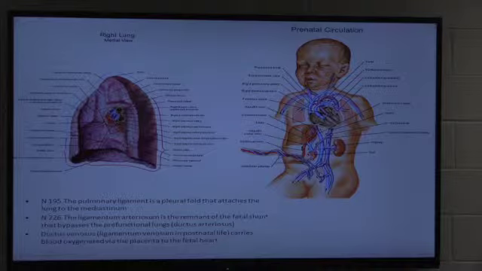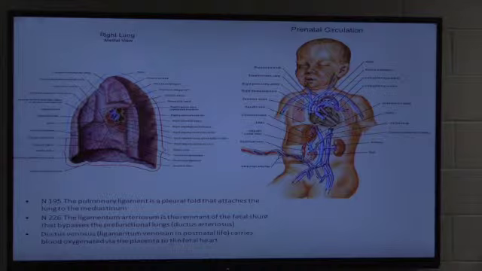Umbilical arteries come from the iliacs. Specifically, if you really want to know, they're the anterior division of the internal iliac arteries, okay? So it has deoxygenated systemic blood from the fetus going to the placenta. So automatically see that circulation is a lot different than the adult. Two umbilical arteries carrying deoxygenated blood to a placenta, and oxygenated blood coming back through one umbilical vein, which travels